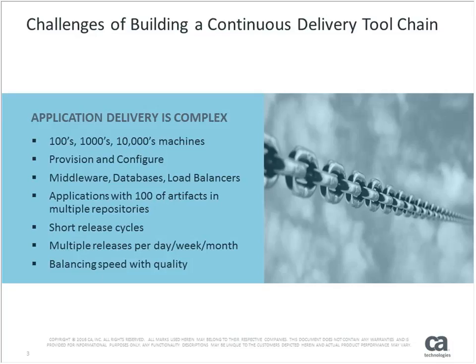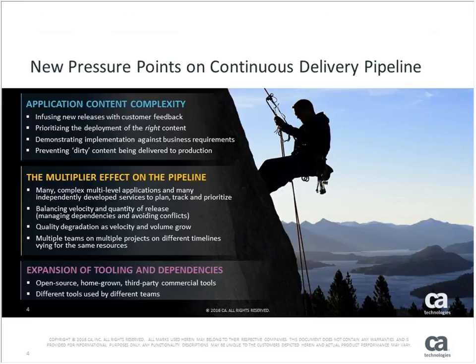But most of the time, you are going to be trying to automate the execution of a given task. There is a lot more pressure happening overall in the application content, the complexity of this content, and how all this stuff is running. And there is a multiplier effect on what's happening at the pipeline level. But again, as you have an expansion of tools and more dependencies out there, with open source, homegrown, and third-party commercial tools being used by different teams,